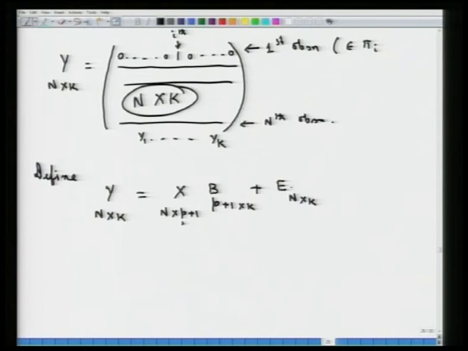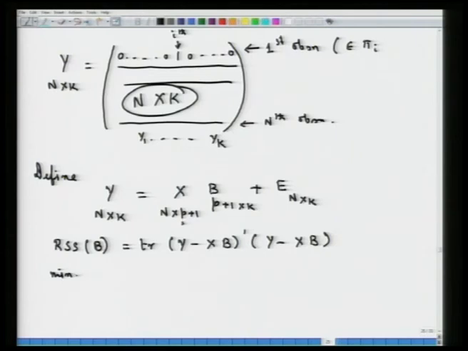Now, this is the noise part, this is the explanatory part, and this is the response matrix part, in the matrix regression setup, where the B matrix, p plus 1 by k, is the matrix of constants. Then we define the residual sum of squares with respect to this B matrix as the trace of (Y minus XB) transpose (Y minus XB). So this is what the residual sum of squares now would be, and the minimizing B matrix of constants, which would minimize this RSS(B),